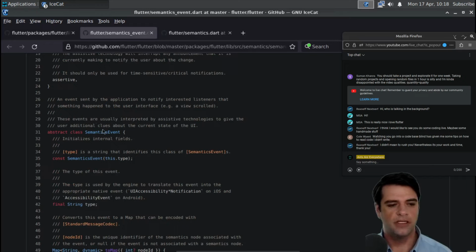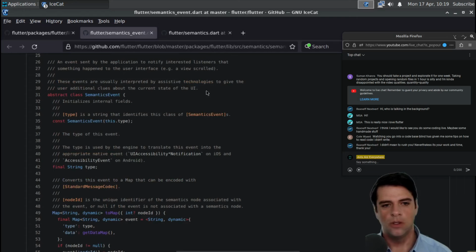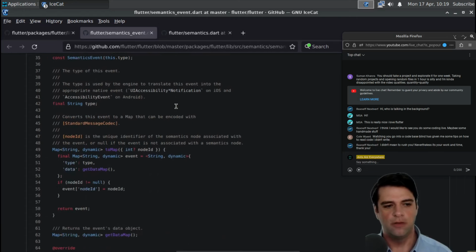So here's a semantics event, an event sent by the application to notify interested listeners that something happened to the user interface. For example, a view scrolled. These events are usually interpreted by assistive technologies to give the user additional cues about the current state of the UI. Okay, so I'm glad they have this message here about assistive technologies, because otherwise I would have just thought that this was for listening to